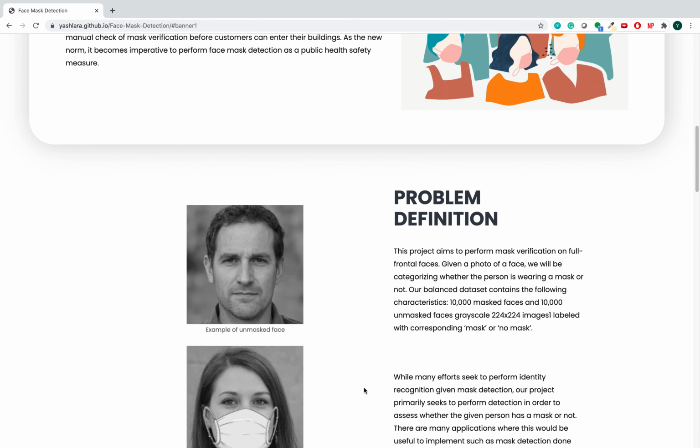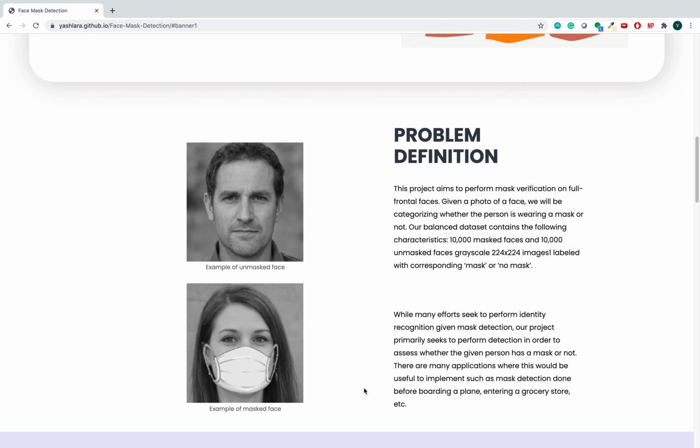Let me talk about the problem definition. This project aims to perform mask verification on full frontal faces. That is, given a photo of a face, we will be able to verify whether this person is wearing a mask or not. We will be using a dataset of 10,000 masked faces and 10,000 unmasked faces in grayscale,